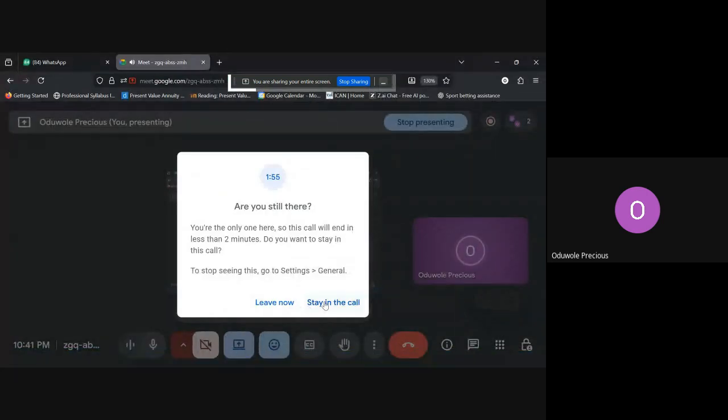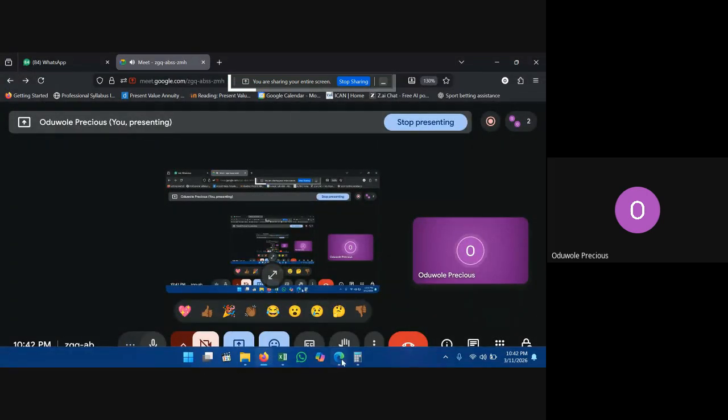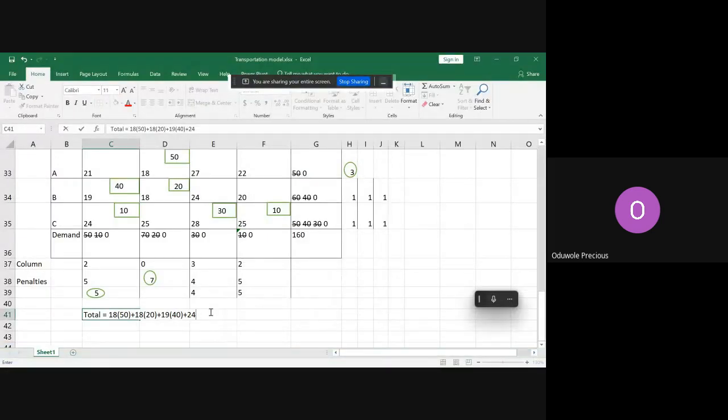I think this call is already more than 1 hour. It will soon be done. This last one: 20 times 10, then 28 times 30, plus 25 times 10. So this is also 1, 2, 3, 4, 5, 6. So it's a non-degenerate feasible solution. Okay, so if you calculate all of these,